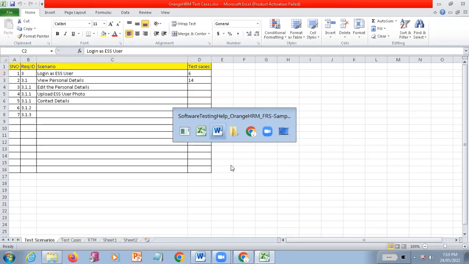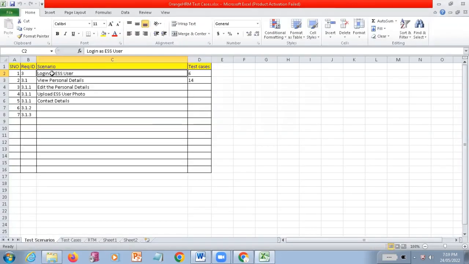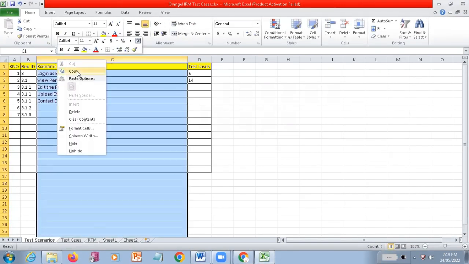So next one, login as ESS user. I'm going to mark the scenario name as login as ESS user. Here you can also have another column called,